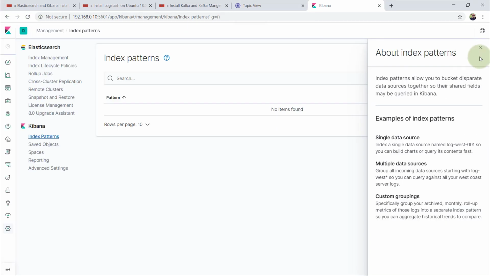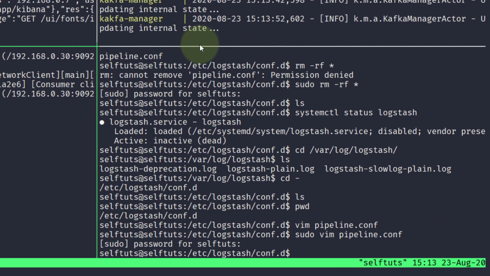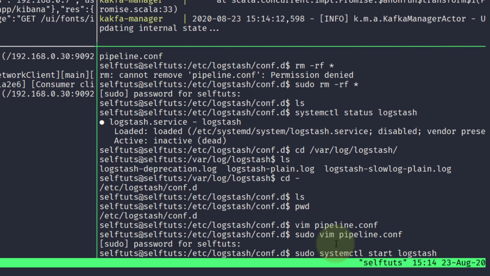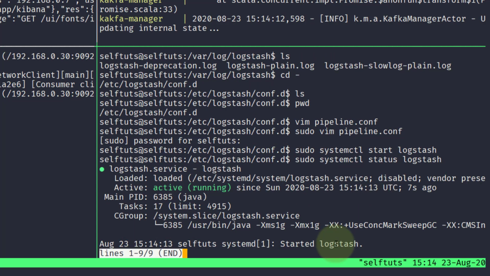There's nothing because we have not started our Logstash. Let's start the Logstash here. So I'll go to my Linux terminal, and on the right hand side, if you see on my cursor, I'll just say sudo systemctl start logstash. Because I'm using Ubuntu, that's why I'm using this command, but the process will be the same for any operating system. So the Logstash has been started, and if I again do sudo systemctl status, you can see the Logstash